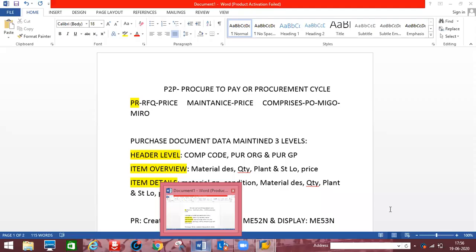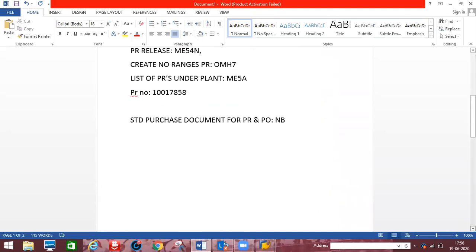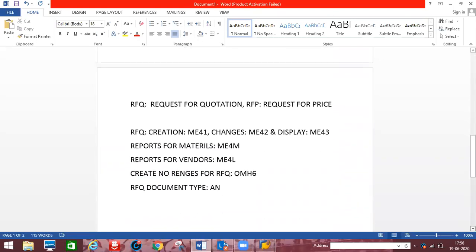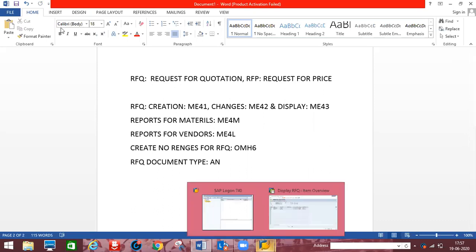Okay, now we'll see number range creation for RFQs. I will create this number range and we will close today, and we'll see price maintenance, price comparison and purchase order in the next classes. Now the reports for RFQs, we'll see ME4M. Now if you see the reports for vendors, ME4L, if you execute this ME4L,